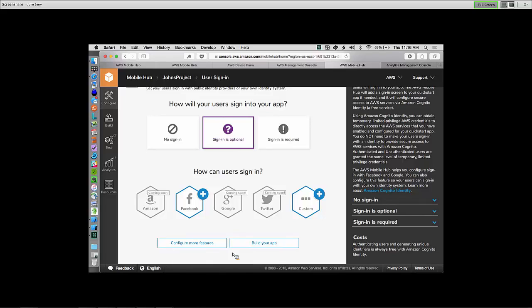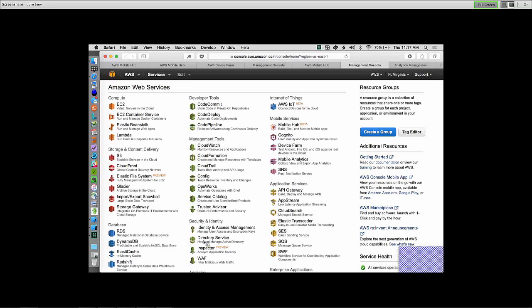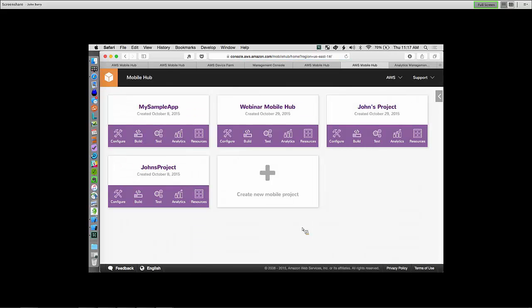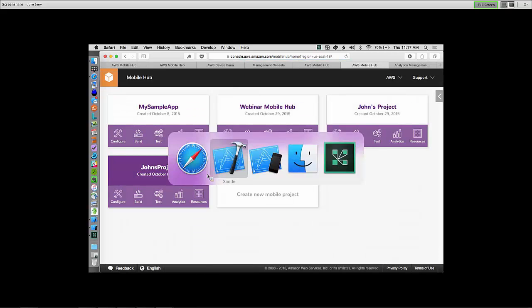And like I mentioned at re:Invent, it came online and was available for the first time while we were giving the session talking about it. So in the weeks ahead, you should see these come online, as well as more Mobile Hub features. The team is incredibly prolific, and the features I'm talking about today will be added to, so you'll see Mobile Hub's continued evolution on the blog posts and announcements, and I'm excited to see what's coming. So with that, let's go into questions. I'm going to turn off my screen share at the moment.